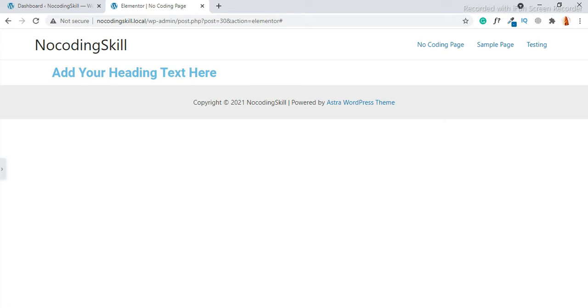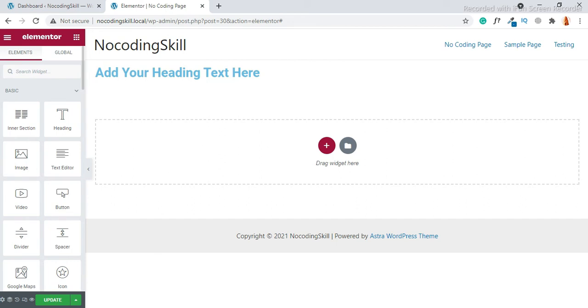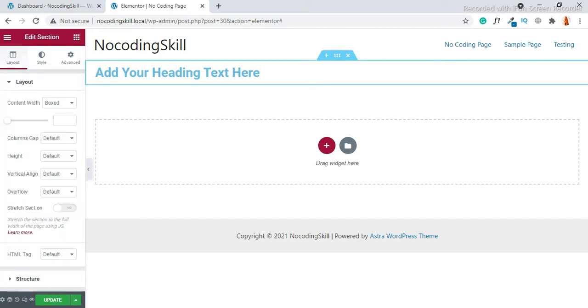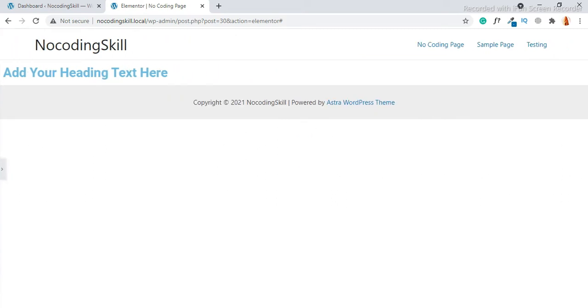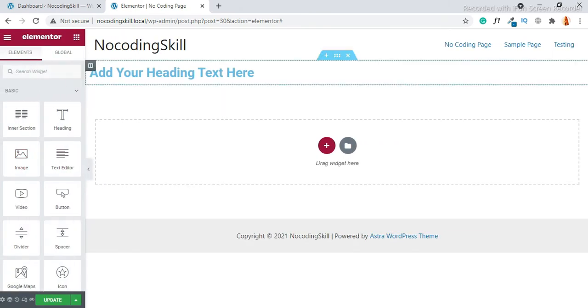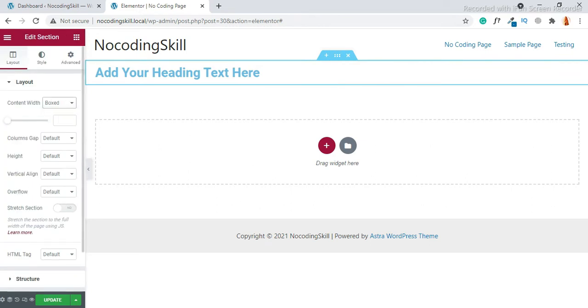If you want full width, if you want the content to start from here, then go with full width. Click over here and choose full width. Hide this panel, and you can see the content is now starting from here. So it's up to you, what's your requirement. I'm going with boxed.